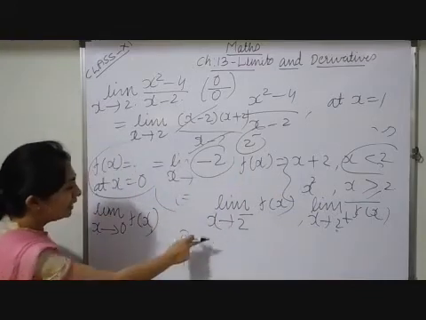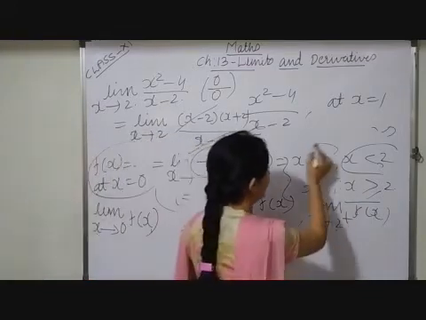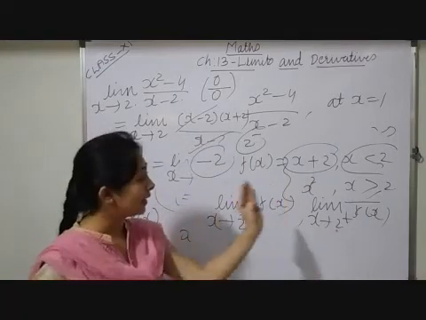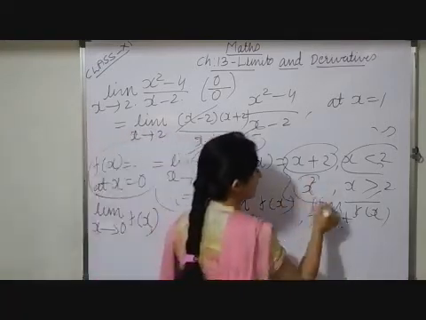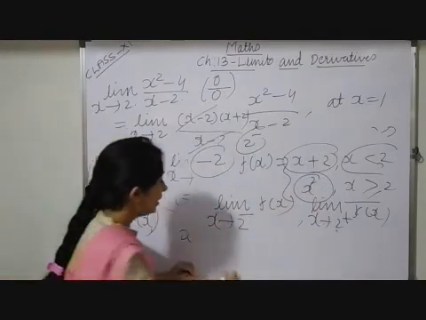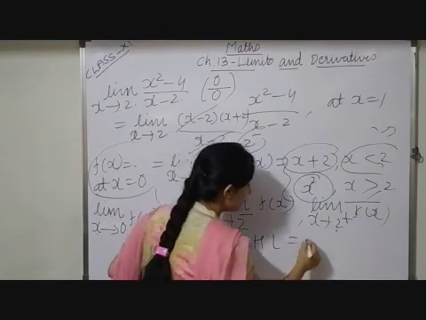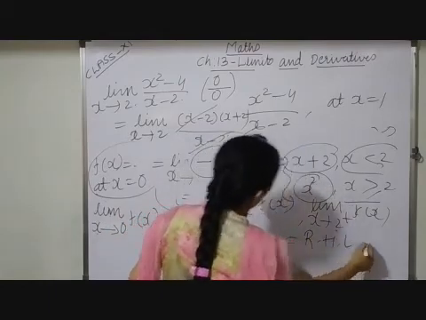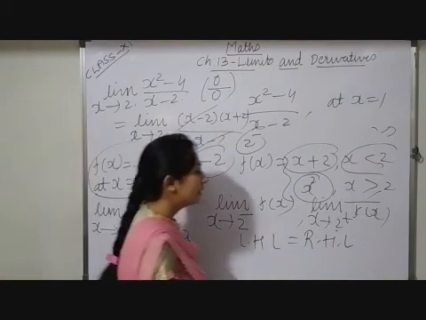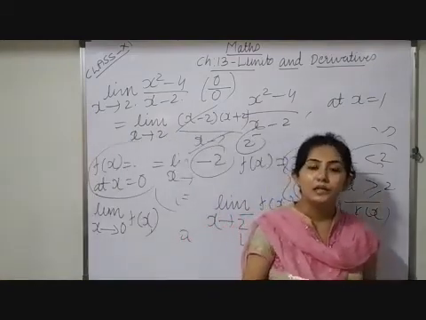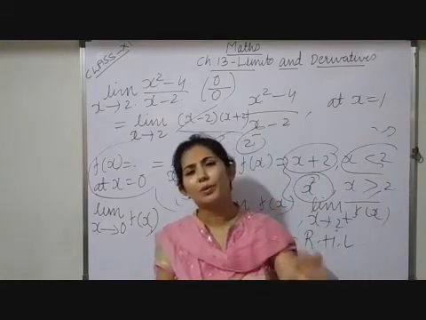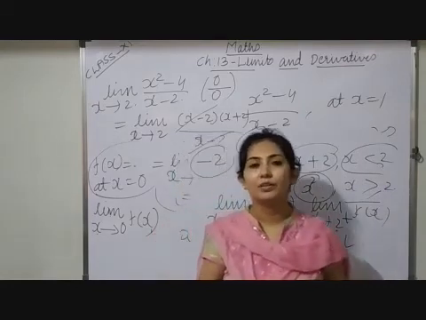Now see, while I am taking 2 minus, at that time my function will be x plus 2. While I am moving in the greater than part on the RHS side, at that time my function will be x square. So this way we have to evaluate. And if the left hand limit is equal to the right hand limit, if the answers coincide, we get the same answer, then only we may conclude that the limit of that function exists, and this is the limit of the function. At whichever point the function is satisfied, that point will be the limit of that function.